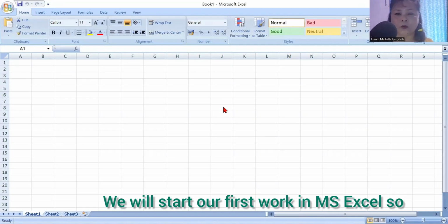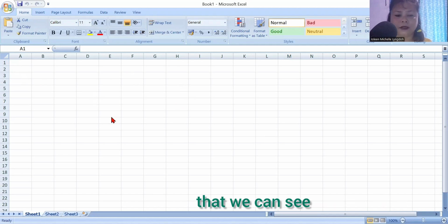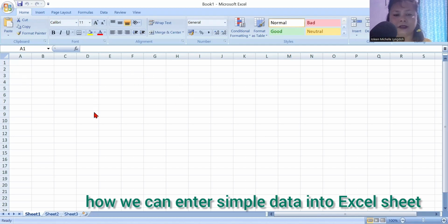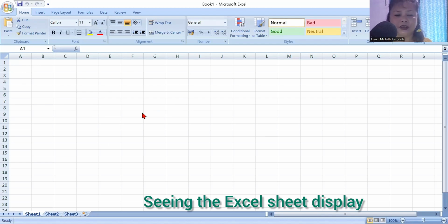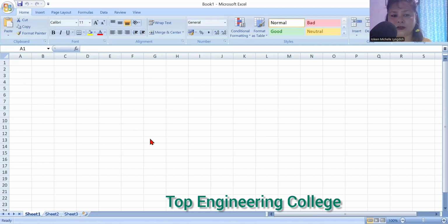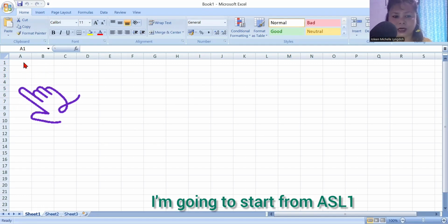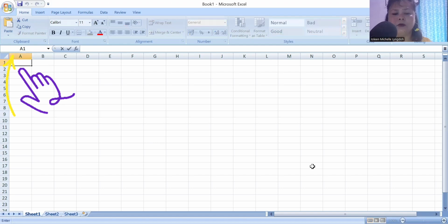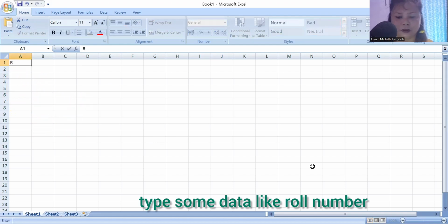Welcome back to our Excel worksheet. We will start our first work in MS Excel so that we can see how to enter simple data into an Excel sheet. Seeing the Excel sheet displayed, we are going to type a table for a engineering college. Starting from cell A1, we'll type some data like roll number,